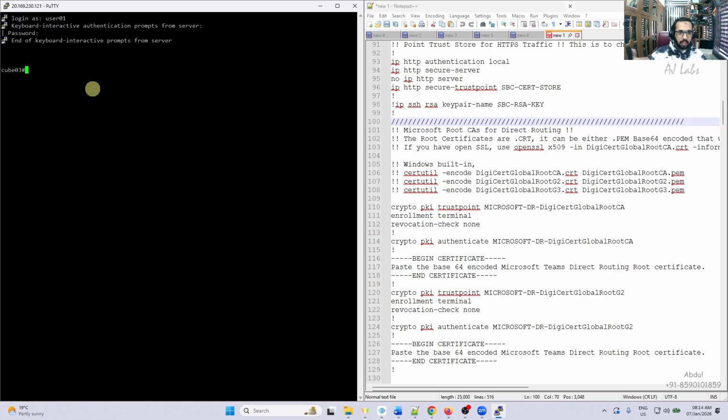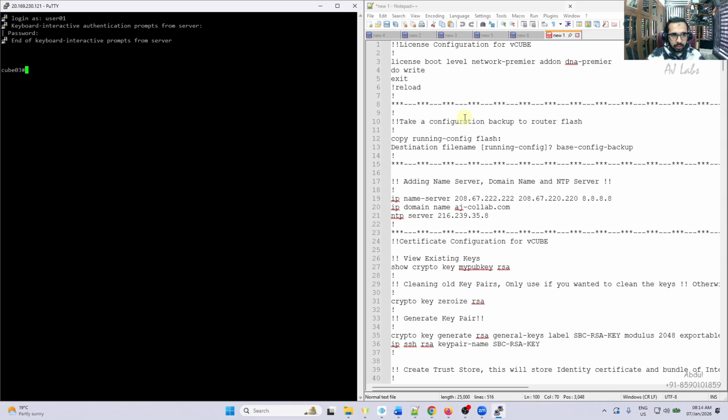We would have done that in the beginning as well. I missed doing that, but the command was there in the template. So this is the command for taking configuration backup: copy running configuration flash. I'll just copy that command. It says destination file name, so we need to give a file name: 07 Jan 2026